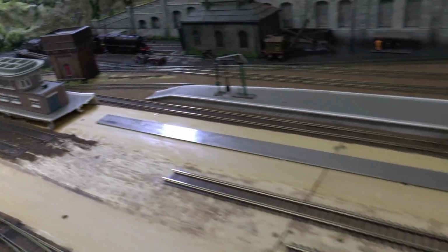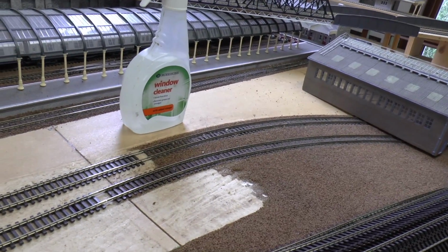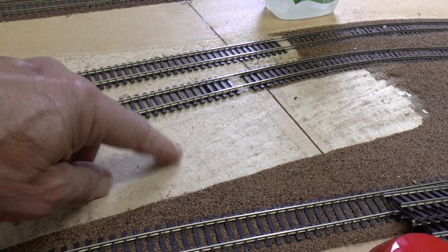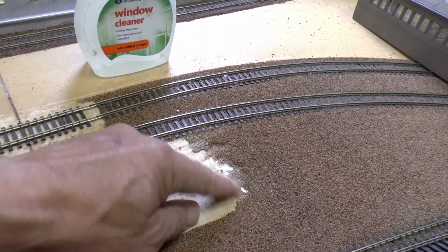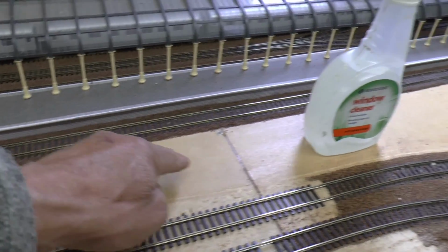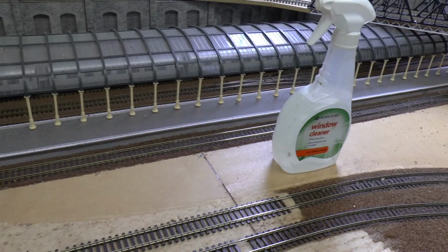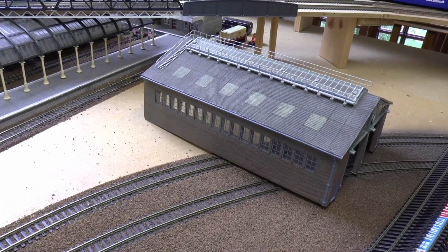So next stage, what I've done is I've taken up all the ballast this end for where I want. So the near side platforms 1 and 2, if you like, will start here-ish, and this one over here I think I will probably take right down to the end as part of the terminus, and then I can have a car park where I've just got that TMD setting at the moment,